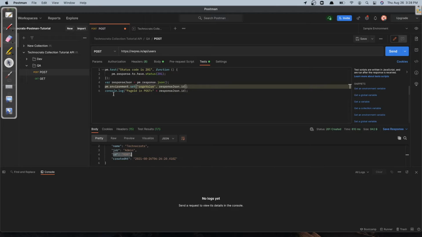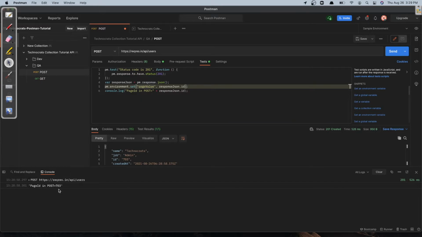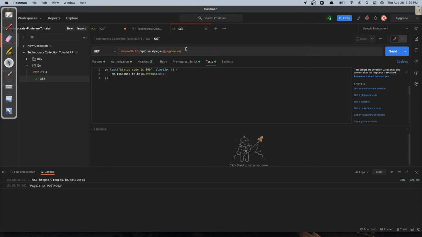for our debugging purpose. Let's go ahead and hit this request once again, and now you can see that when I execute this POST, I already have the environment variable set to 703. Now GET should automatically get this new value when we try to execute the GET request, and you can see that the current value under GET is 703. So now what we can do is just add a simple test to print what is the request of GET. With this line I can know what was the actual value passed to this GET request from our collection.